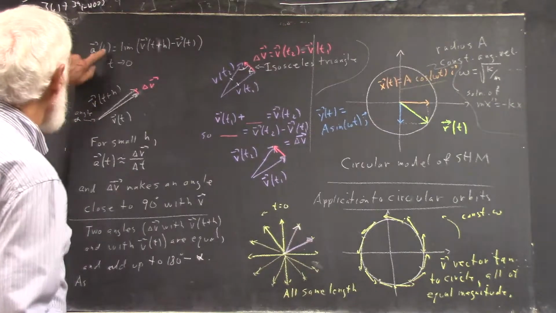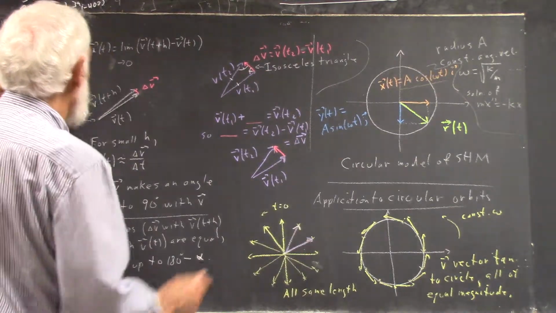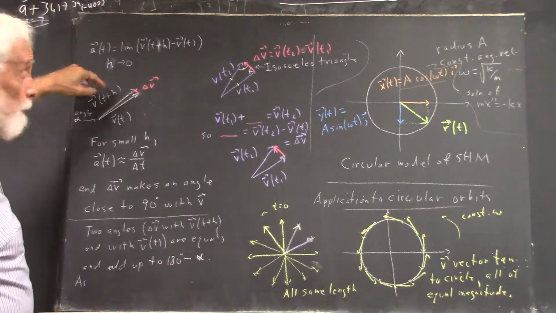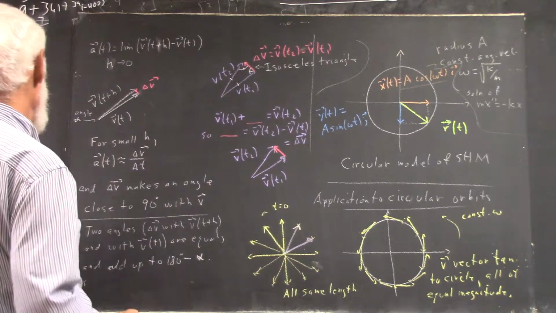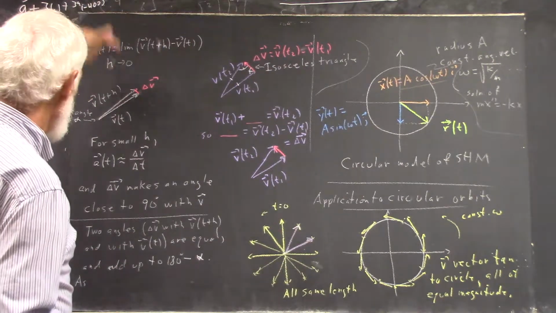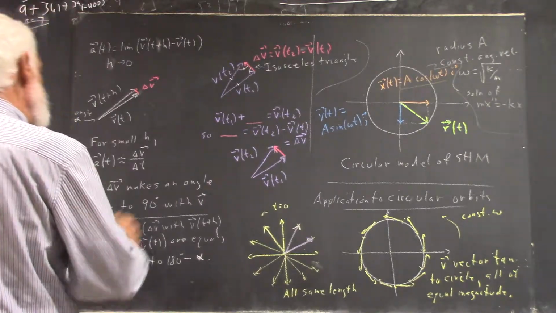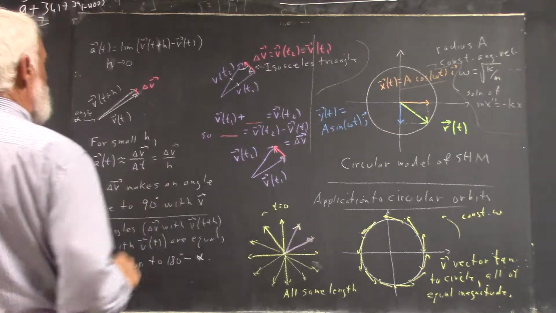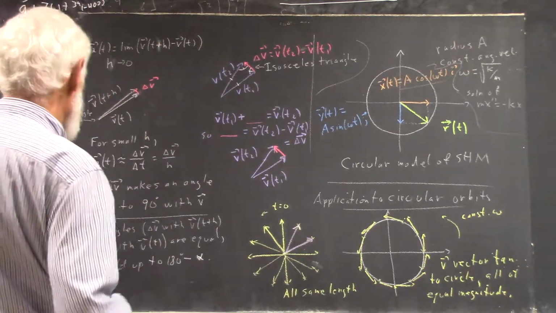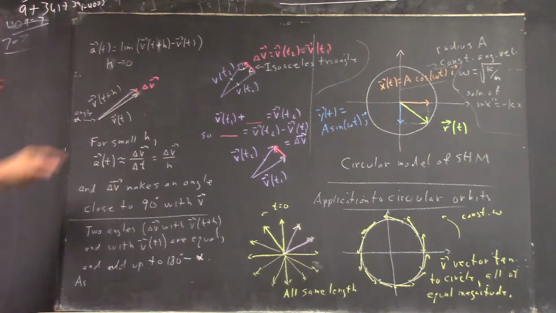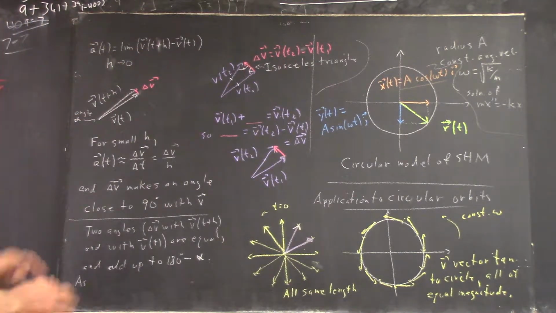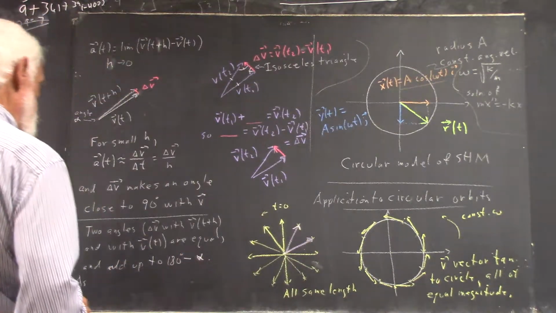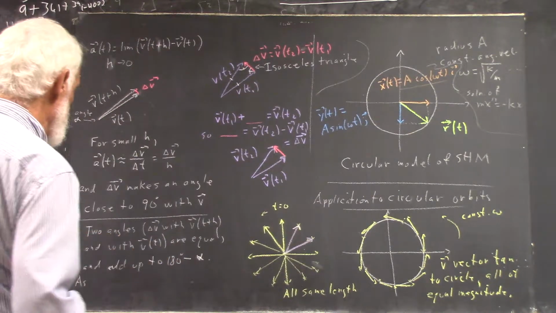Incidentally, when I wrote this down, I wrote it carelessly. Not t that approaches 0, it's h that approaches 0, the difference between t and t plus h, the time interval, the delta t. And I didn't write this as delta t. I'll write that as delta v over h, and I probably should have written this as delta t in the first place, because that's really what h is. I hope it's not too confusing, sort through it, and at the end I'll replace that with the delta t. Okay, anyhow, these add up to 180 degrees minus alpha,